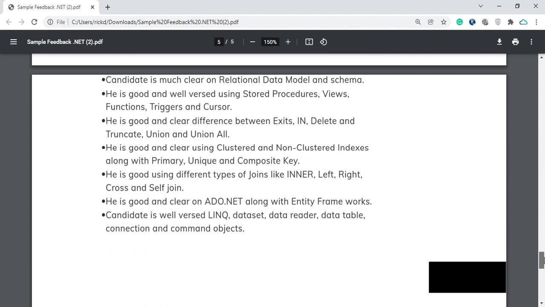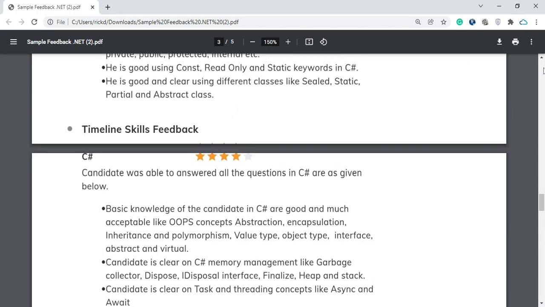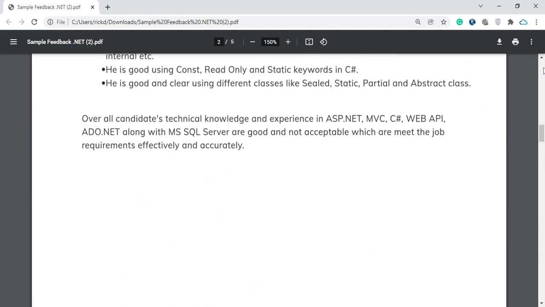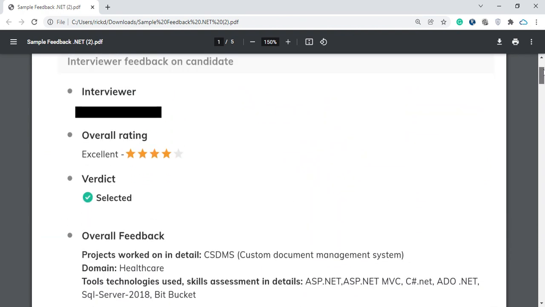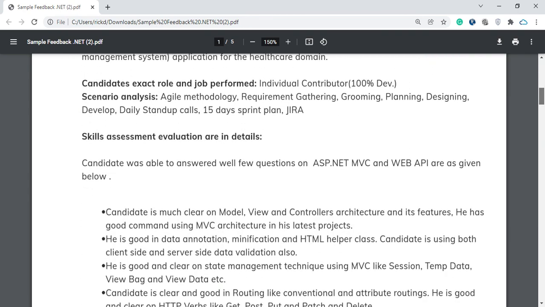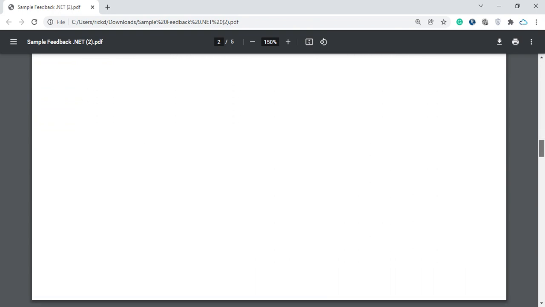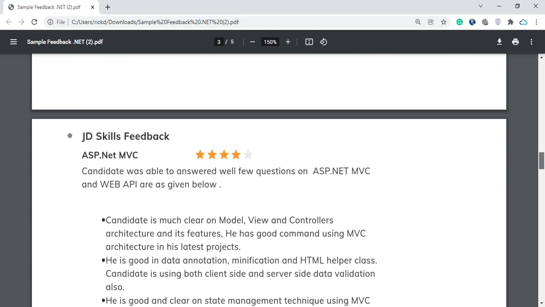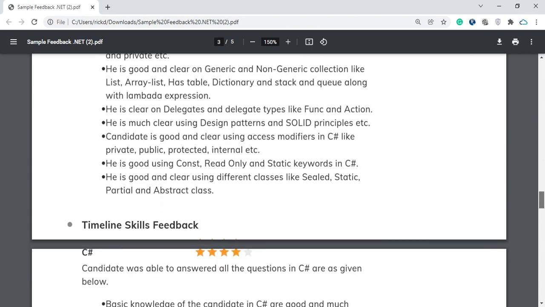So that's all. So if you can see, he got selected, and these are the areas basically the interviewer touched during the interview. So just the opposite of the same, instead of going through all the questions, if you can prepare these topics by watching videos or by reading books or any article,